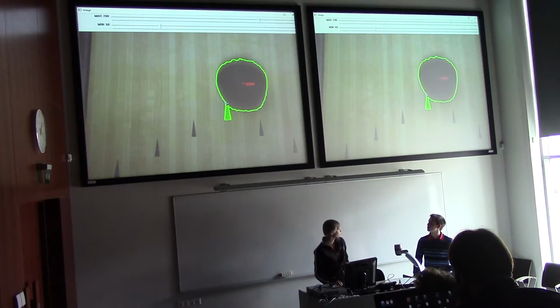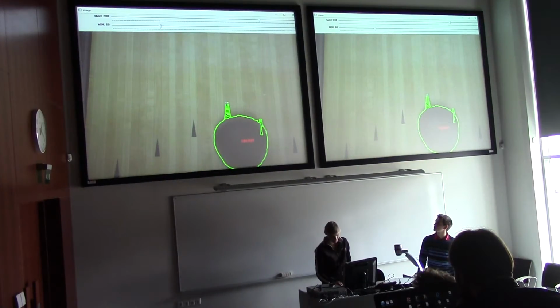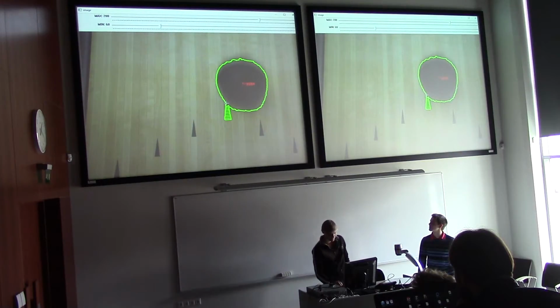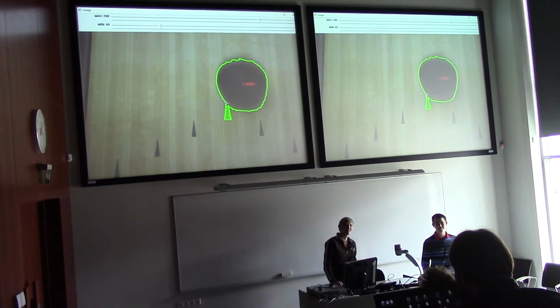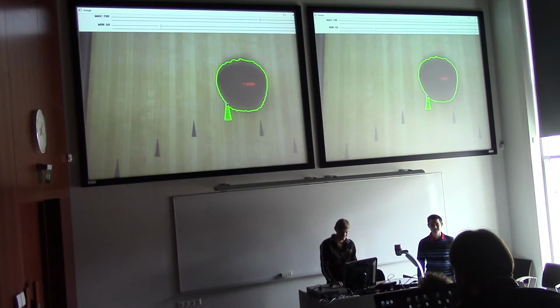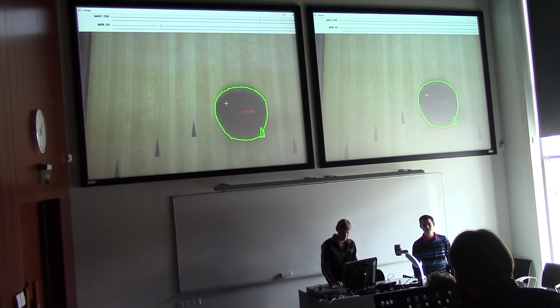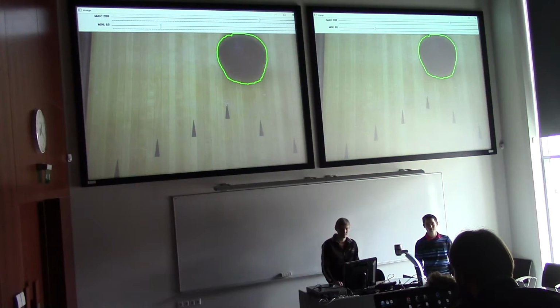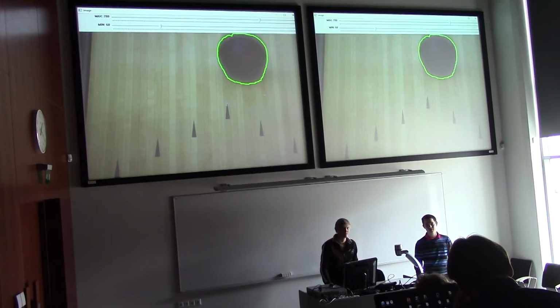The challenges are that we have some artifacts on the bowling lane, which for some reason are classified as a bowling ball by this program currently. Also, as you can see, these images are quite blurry, because the balls are moving quite fast, up to 40 kilometers per hour actually. So we are planning to use some motion